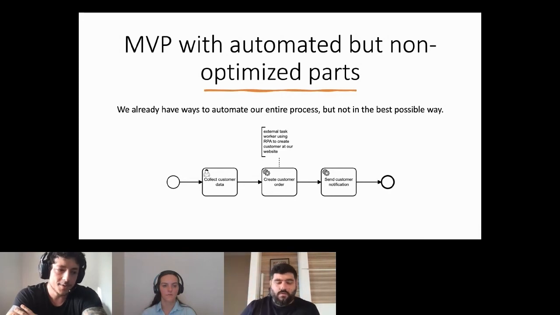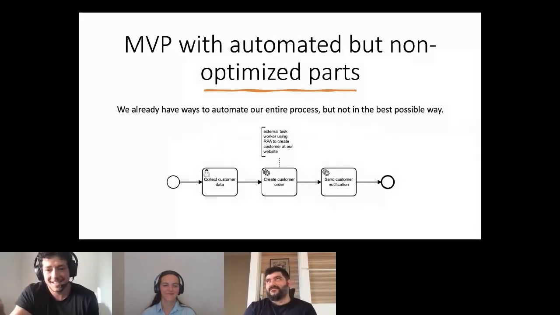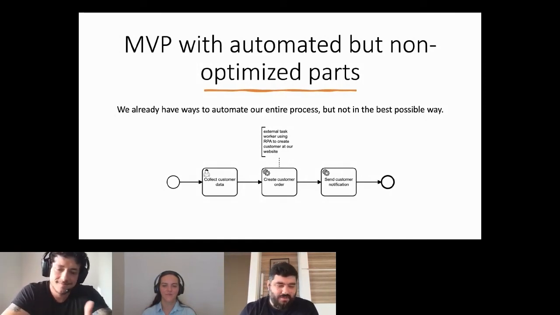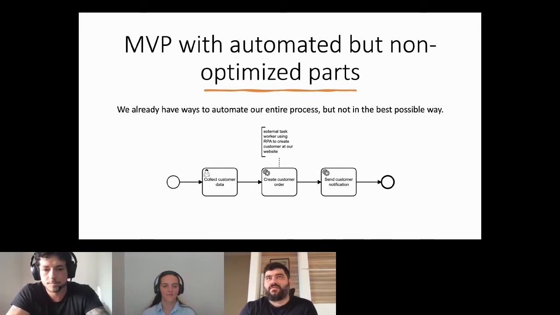You need to take care of those technical debts, technical issues. Exactly. If you have not documented it, you will keep your MVP forever because it works. It has to go back to the backlog and be checked up in the future because it does work. But for instance, you are wasting technical resources. You need to scale your services, because you are opening a website and downloading web pages.